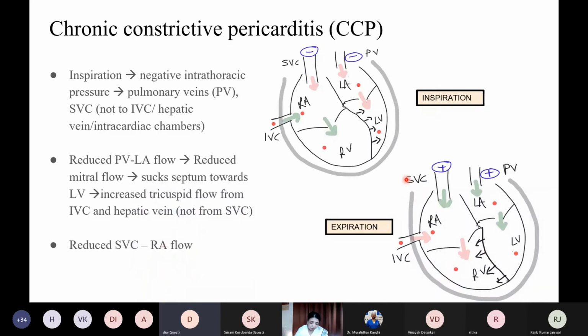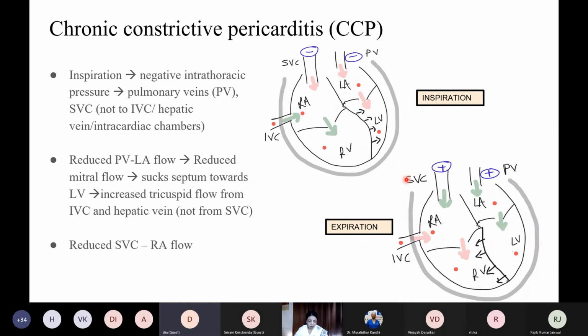There are many concepts and many understandings in this topic. Actually it is a big topic, but let me see how I explain constrictive pericarditis, which is also a very important topic. Why? Because even though tuberculosis is decreasing in incidence, radiation-induced constriction is coming in a big way, and you all will agree with me that